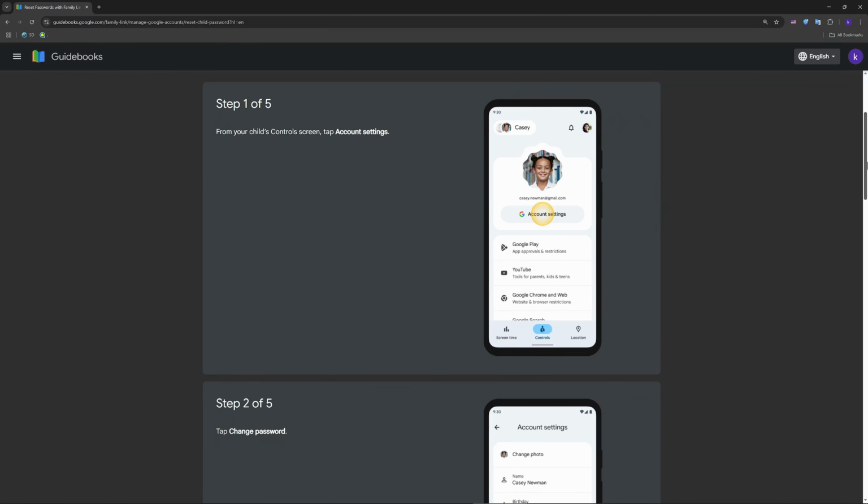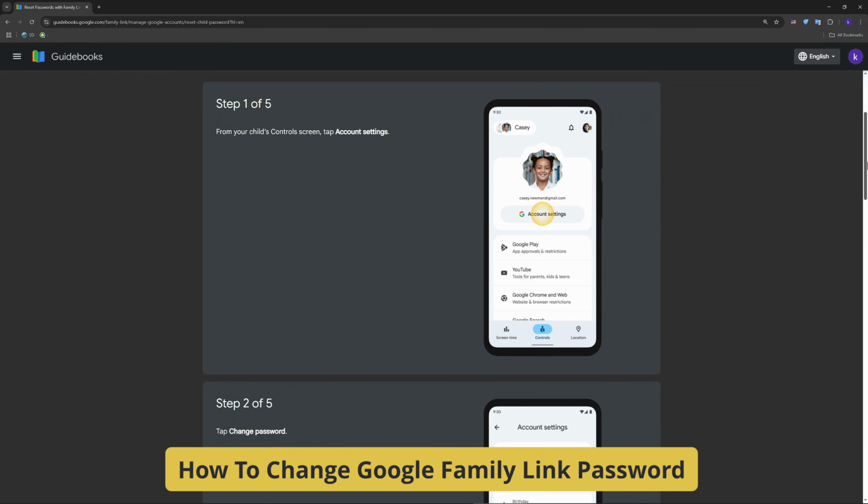Hey guys, welcome. If you need to change your child's password in Google Family Link or update it, this is